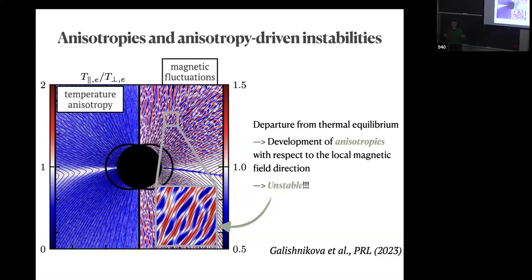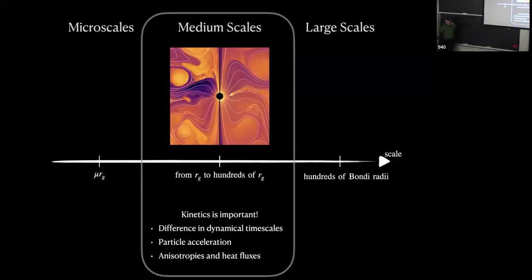And again, this anisotropy grows out of bounds. Eventually, kinetic scale instabilities will set in, and this is what you see here. This anisotropy is controlled by the kinetic scale instabilities. These are magnetic fluctuations, and I show a small zoom-in here. The black lines are the magnetic field lines, so you can see these bottle-like structures, and this is actually the kinetic scale mirror instability. So this puts us somewhere here on this plot, from the event horizon scales to hundreds of RG,